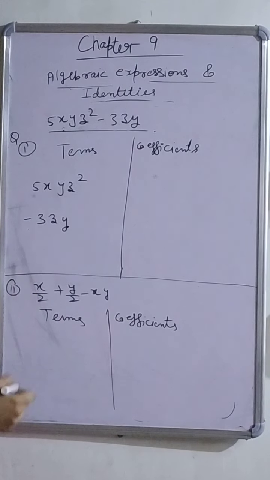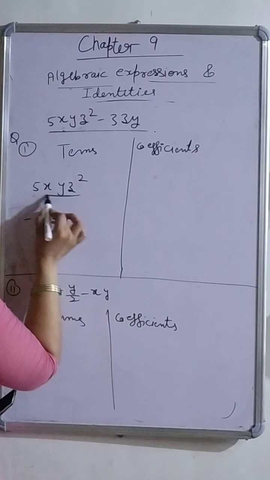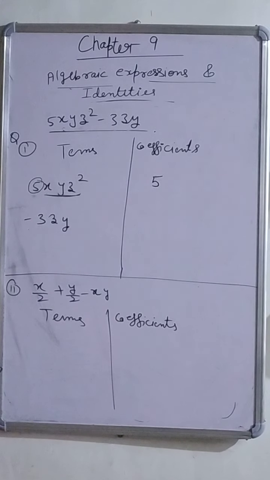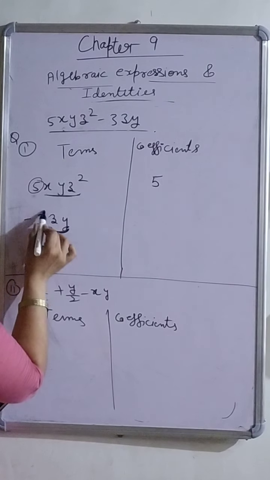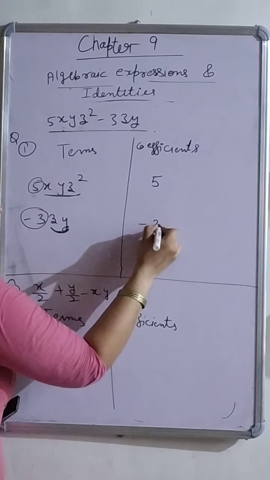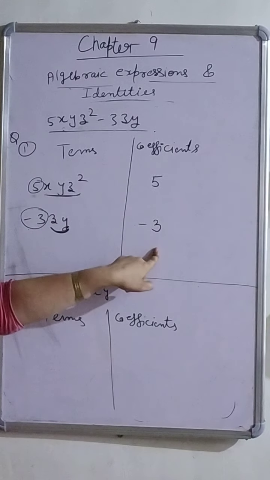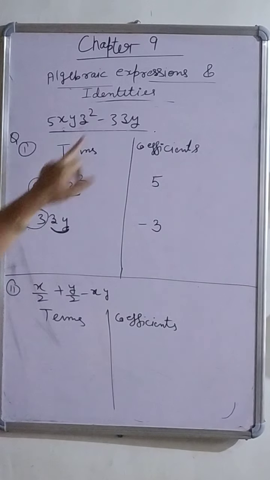Now write coefficients. Coefficient we have discussed earlier. What is coefficient? The numerical factor multiplied with variables. Here the variables given are x, y, z square. What is multiplied with these variables? 5. So the coefficient of this term is 5. Next, the variables are zy. What is multiplied with zy? Minus 3. The coefficient is minus 3. Clear? If here you write the term as 3zy, then the coefficient will be 3. No, the coefficient of zy is minus 3. So while you are writing terms, take signs also, negative or positive.